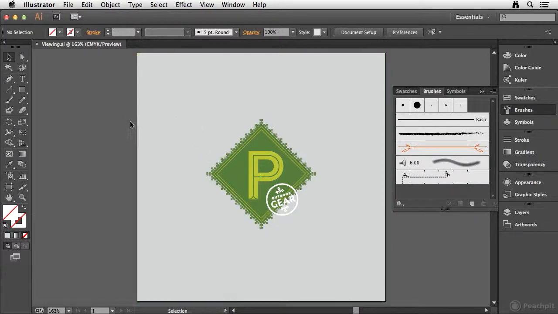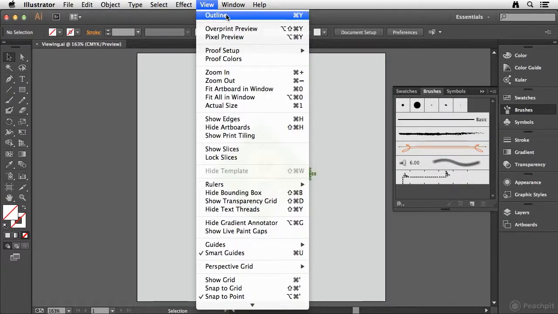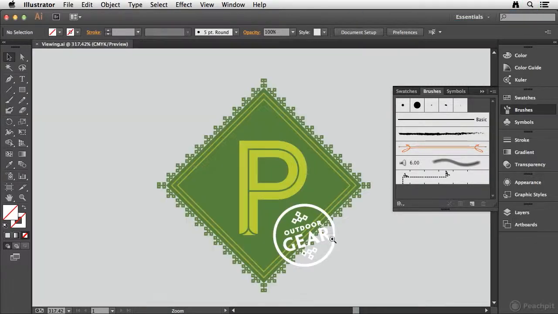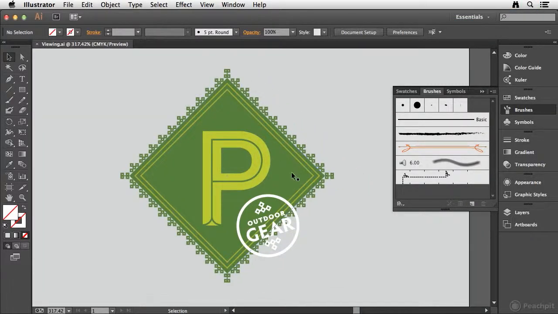And unless you've changed your current viewing mode, your artwork almost always opens in the preview mode. We can tell that if we come up here to the View menu, we can see that Outline is the only available option. Right now I'm seeing the artwork as it's going to appear. To see this a little better, I'm going to zoom in on this logo so we have a better idea what it looks like. You can use your zoom tool to do that, or you can hold down Command spacebar or Control spacebar